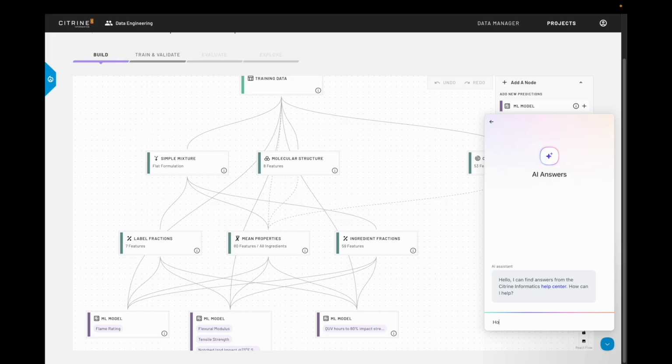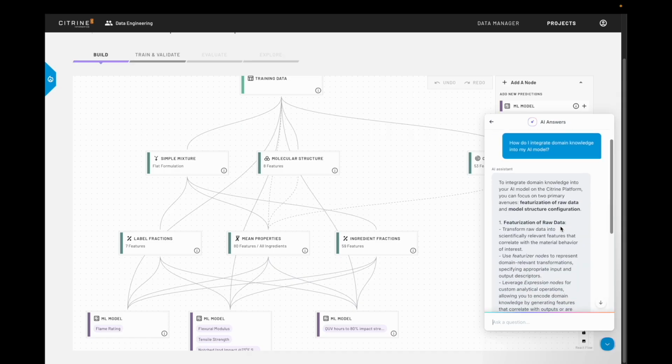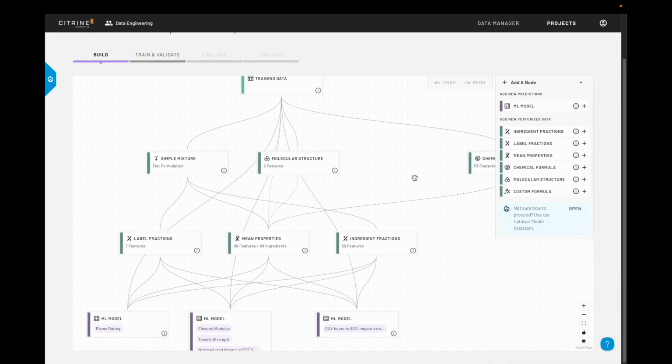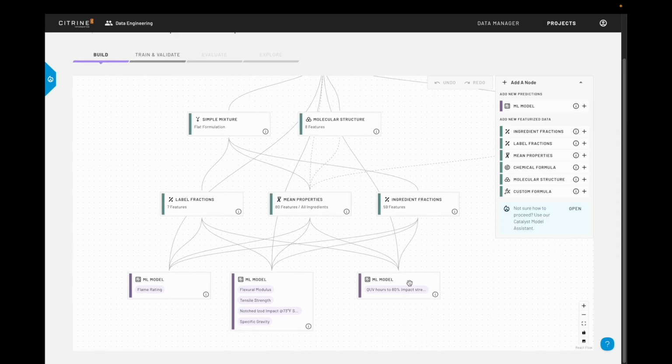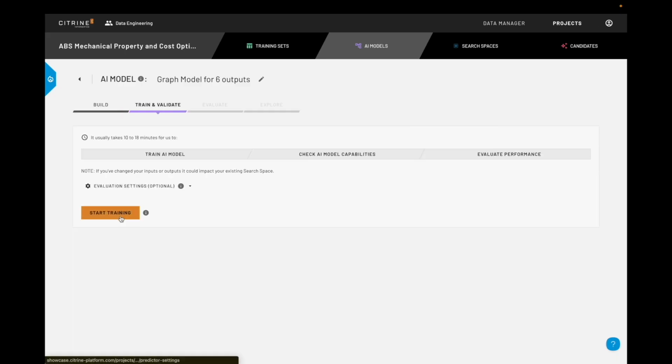So for example, how do I integrate domain knowledge into my AI model? I can ask this question and I'll get a response back on what types of activities I can do to incorporate domain knowledge. But this is basically what the AI model is. It's where we define what machine learning models we want to build, and for each of those models, what properties we want to predict, and what the inputs are to predicting those properties. The way this works is we will first build a default model, we'll then train this AI model,